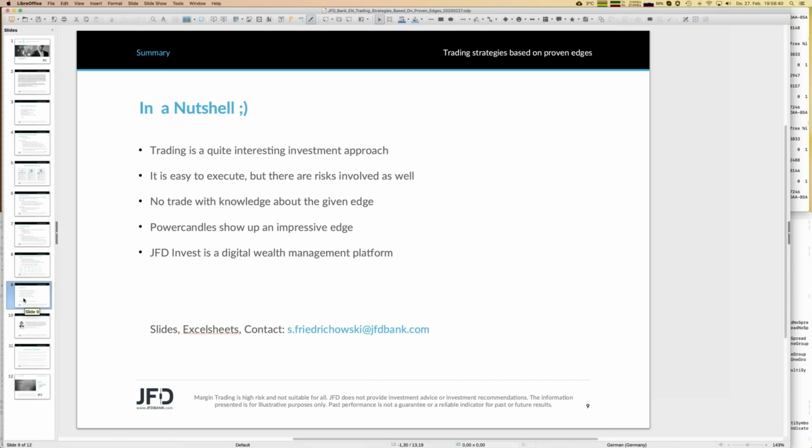And finally, if you are interested in a little bit more passive way, but still acting as a portfolio manager, maybe JFD Invest is a good choice for you, because that is a digital wealth management platform, and everything is done directly at JFD. The only thing you need is access to the internet, and then even on holidays, on vacation, you can stop any trading strategies, jump into a new one, no problem. Just access to the internet, and then you can do that kind of portfolio management job.